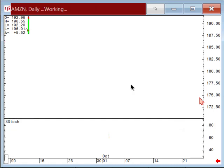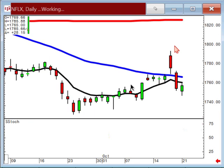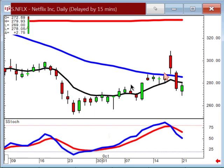Same thing with Amazon. Amazon, if you were long, you would have stayed long because notice where it closed on Friday, right on the T-line. What would that have told us as far as today's trading? It had to open positive and trade positive. Would I have been buying today? No. I'd probably be more apt to be buying on a bobble breakout as it comes up through the 200. So there's going to be times where your charts are starting to set up, but they're not showing you anything definitive just yet. Same scenario here on